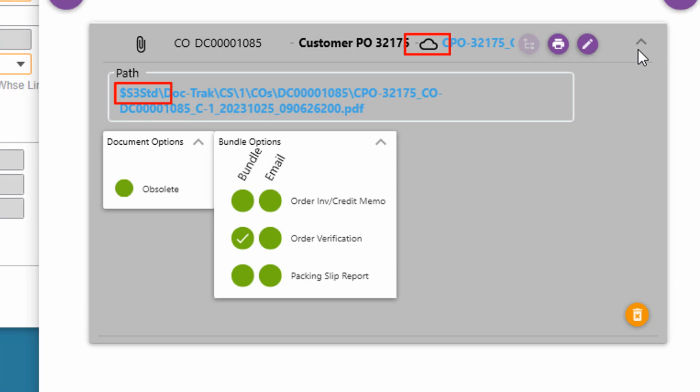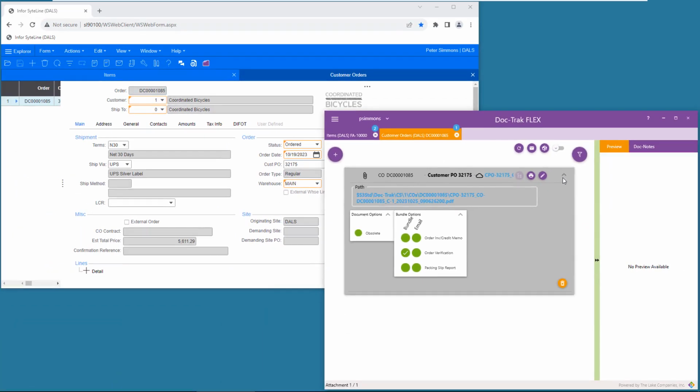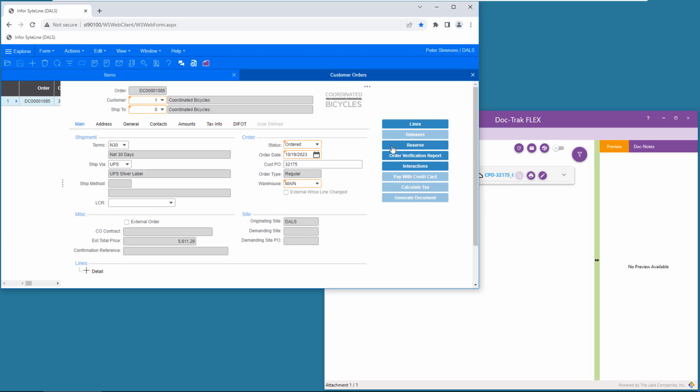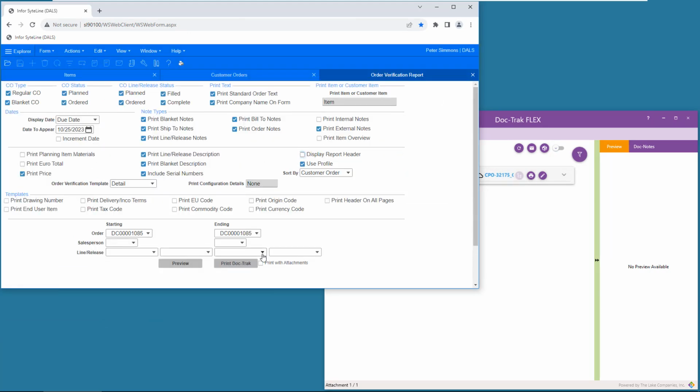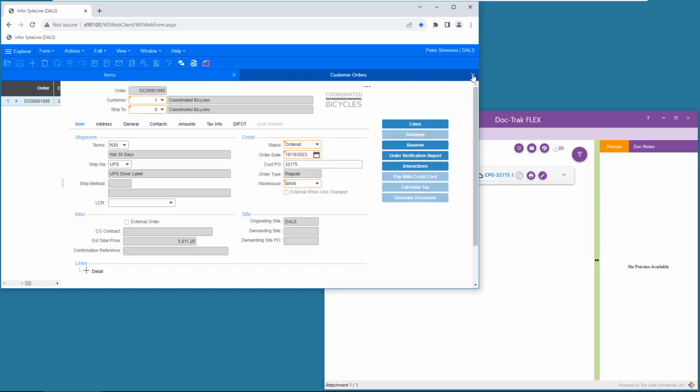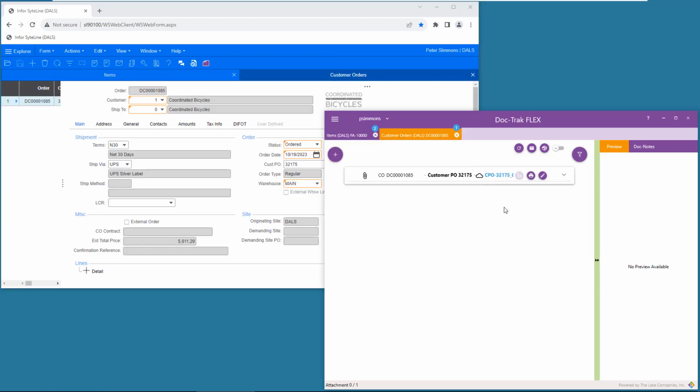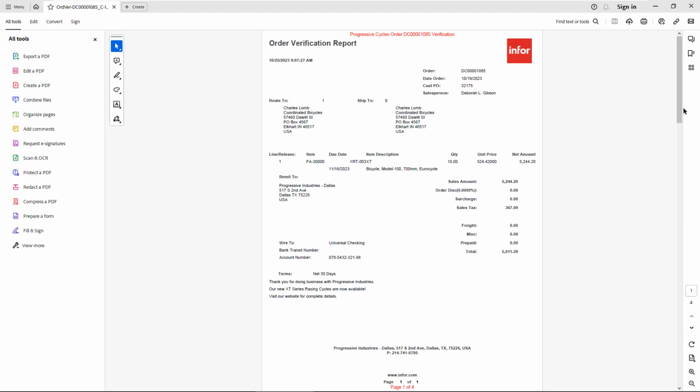The attachments to be bundled could be in either the file system or the cloud. And the same goes for the final archive location of the bundled report file.